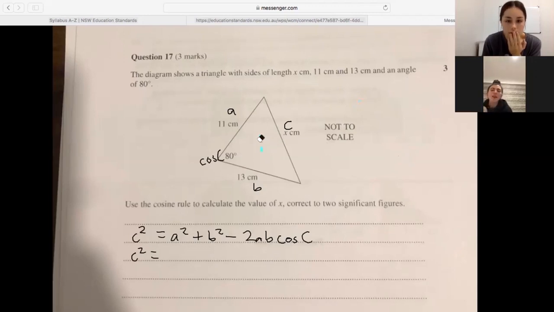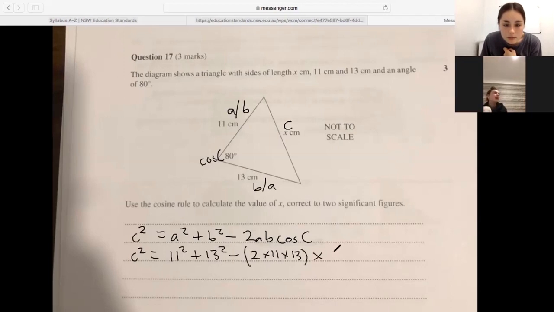And so A and B are interchangeable. 13 could be A or 13 could be B, it doesn't matter. So it's 11 squared plus 13 squared minus 2 times 11 times 13 times